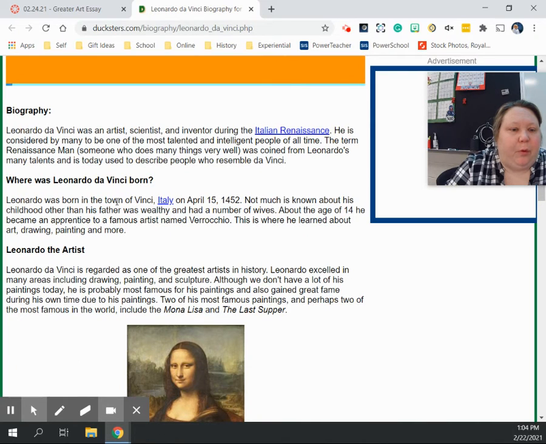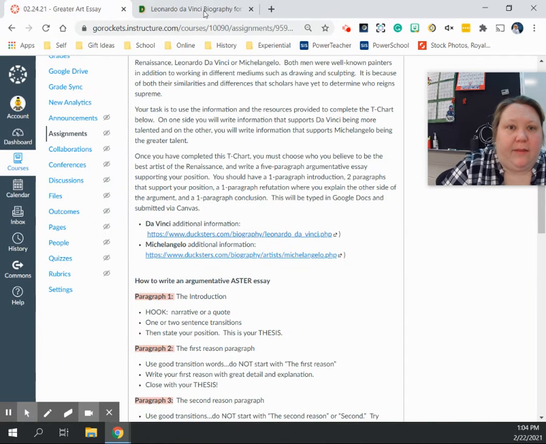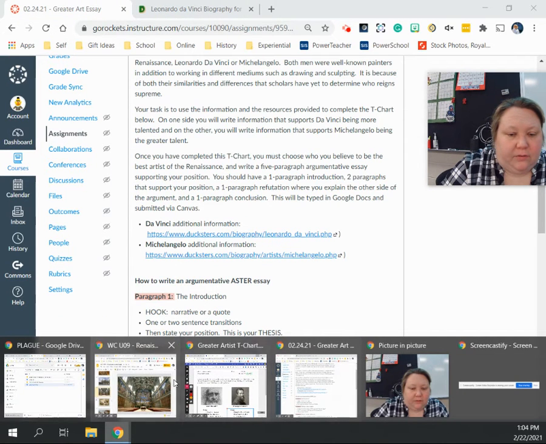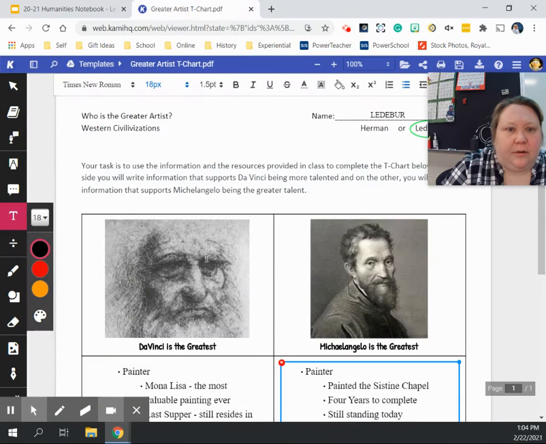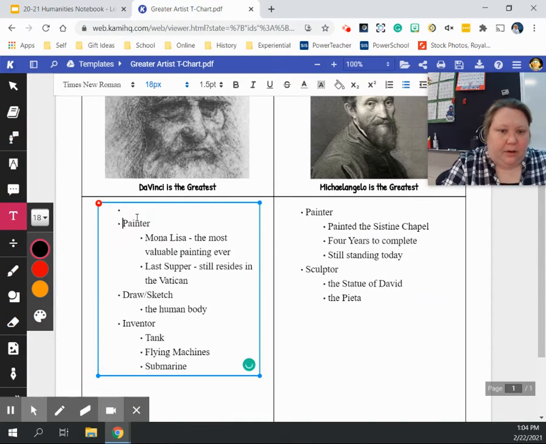Okay, he was born. Talks about, let's see, Leonardo da Vinci was an artist, a scientist, and an inventor. He's considered to be one of the most talented people of all time. The term Renaissance man comes from him. We might want to add that. So let's find my T-chart here. Okay, so I can write that up here. One of the most talented